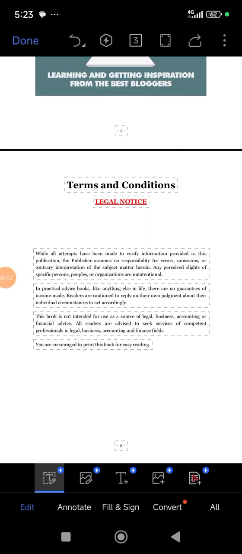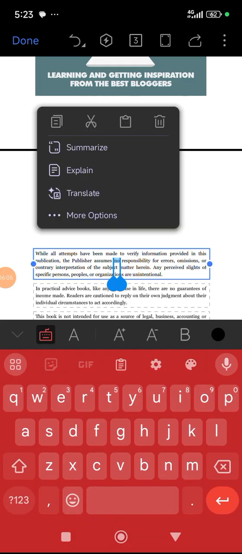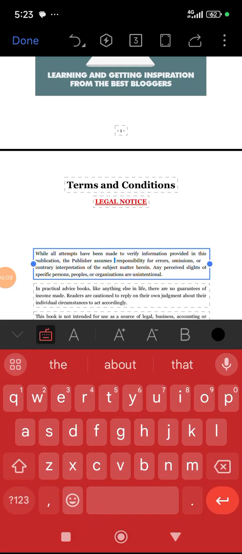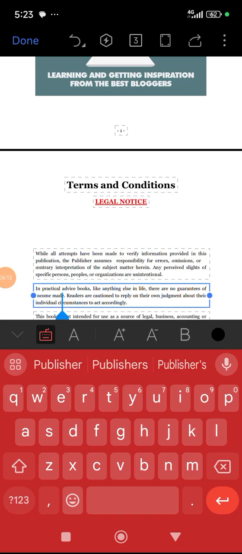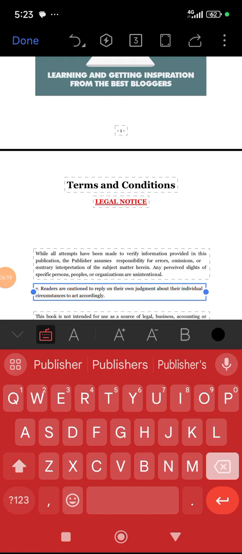Yes, you can tap on delete. If you find something to delete, you tap on delete. Okay, select all. All right, so you can just go ahead and delete, do whatever you want to do. You want to add an image, you can go ahead and add an image. You can do whatever you want to do.